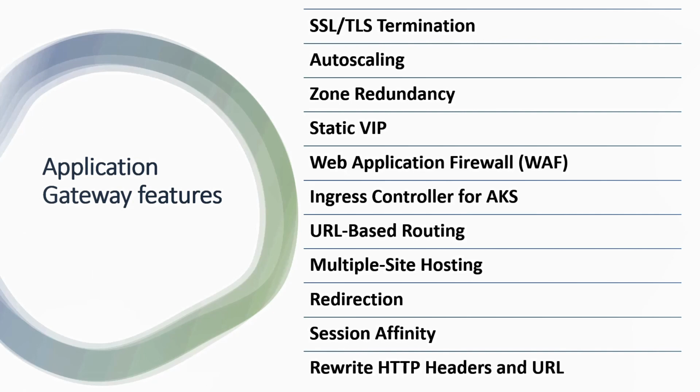Application gateway also provides redirection. In some cases, the URL of a web application has changed, but the users are still reaching the previous URL. In that case, you can set up a redirection on the application gateway. If someone is using the old URL, they will still be redirected to the new URL and the traffic will be handled by the backend servers. There is also other redirection like HTTP to HTTPS redirection. So if a user is not typing HTTPS before the application,